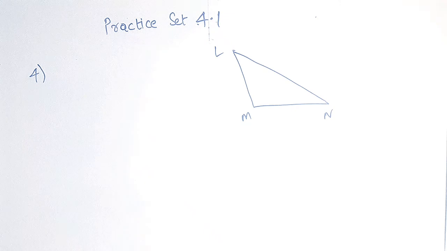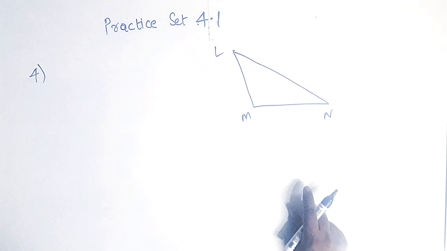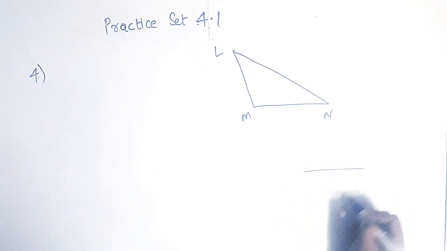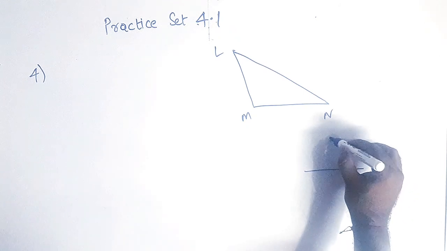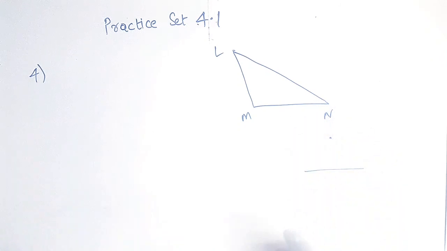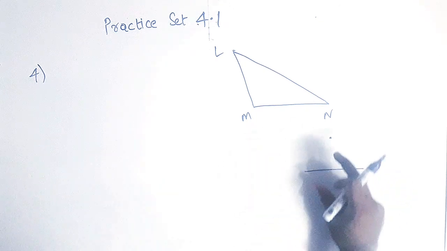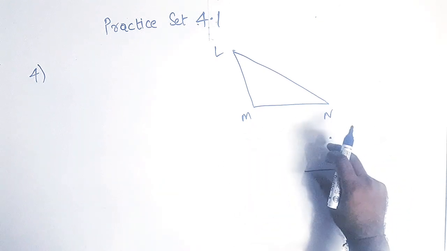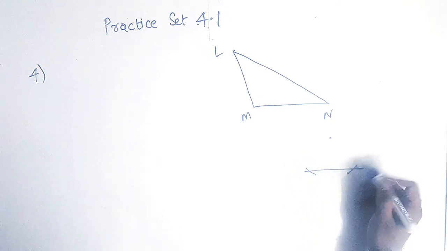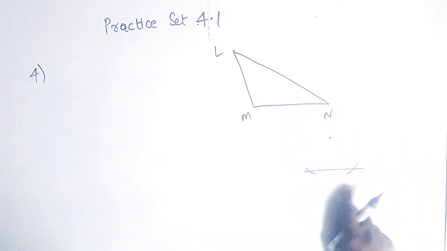Now children, how to draw the altitudes? See, one step I'm showing you. You have to keep it in mind. This is a line. This is a point outside the line. From any point outside the line, we can draw an altitude. Altitude means 90 degree. How? Just see. Place the rounder here. Take a suitable radius, not half, more than half or less than half, such that it cuts the line. So from here you will draw two arcs.